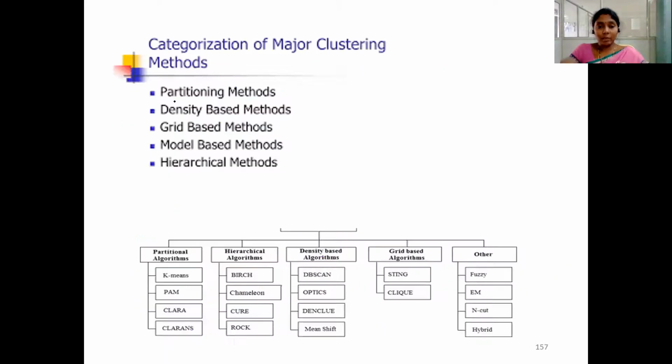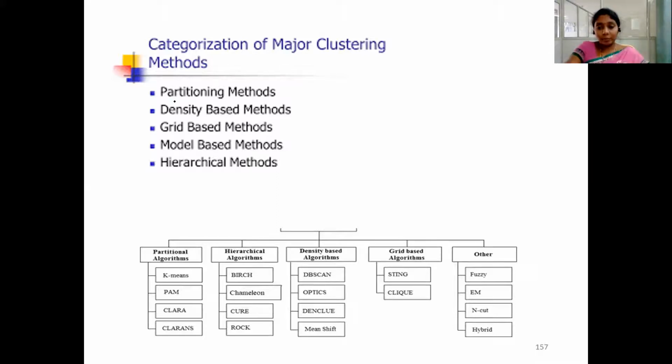And next, coming to the types of clustering, we have major categories. We have different methods for generating clusters, and under each method there are specific algorithms based on which we can generate the clusters. Broadly, the major clustering methods are partitioned into five groups: partitioning method, density-based method, grid-based method, model-based method, and hierarchical method.